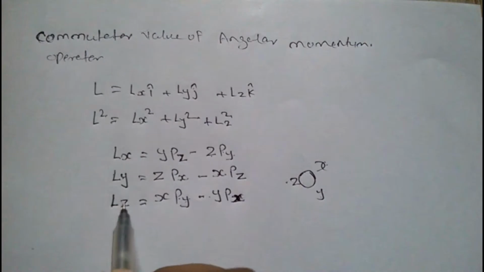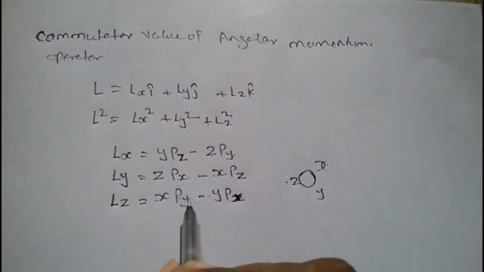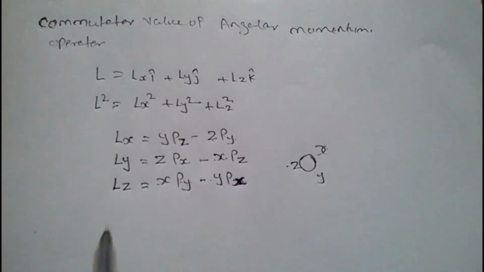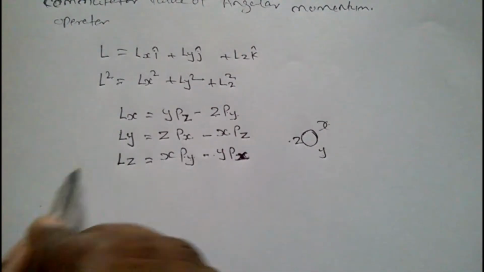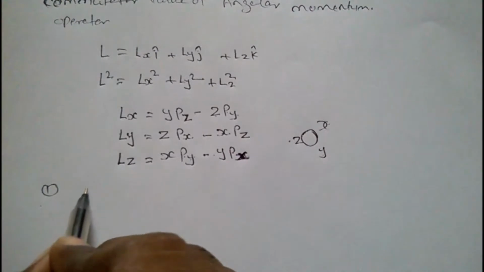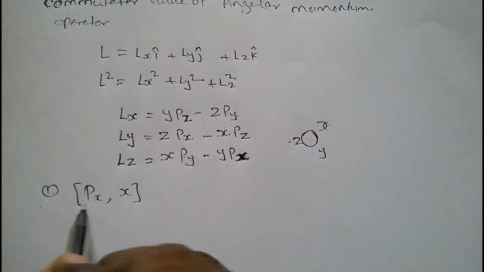When we want to write Lz, it is x py minus y px. We have to learn this, everything we have to learn this. It's simple, nothing hard. Now linear momentum and position